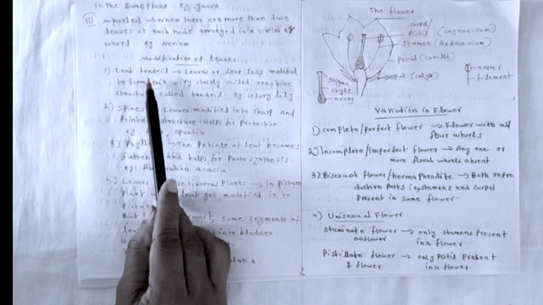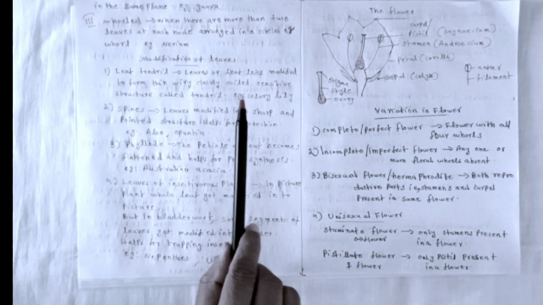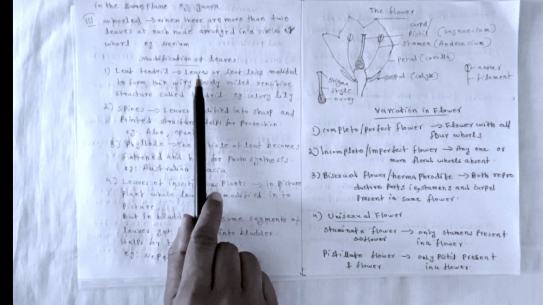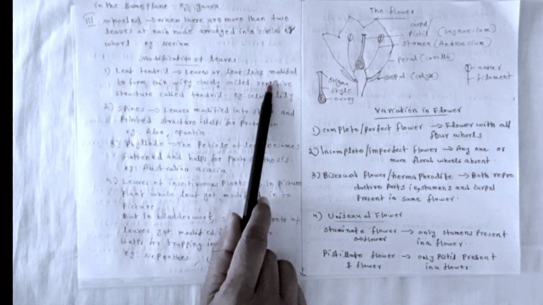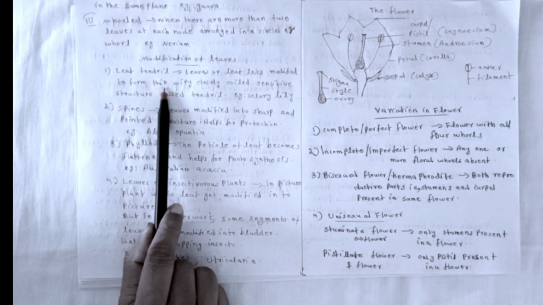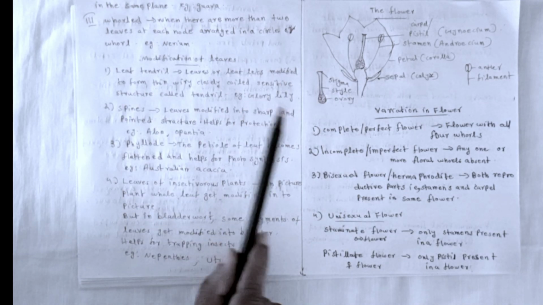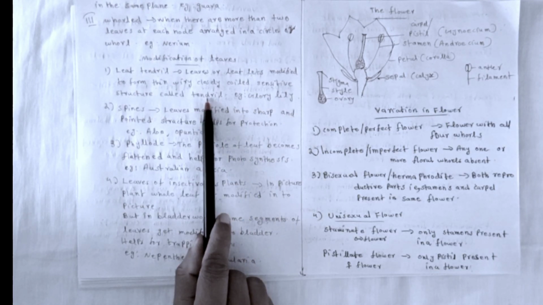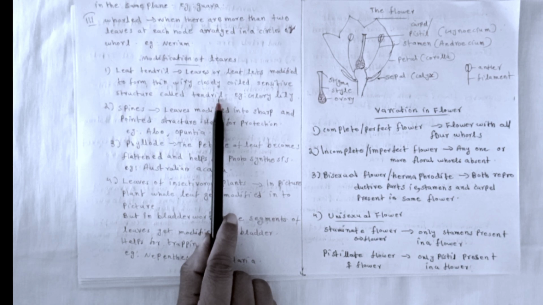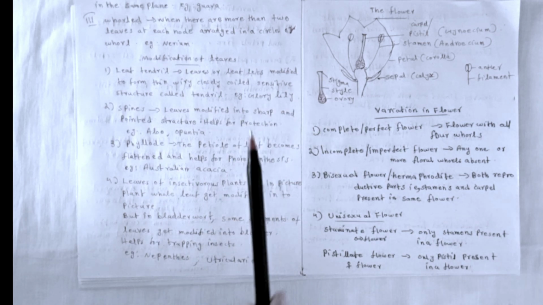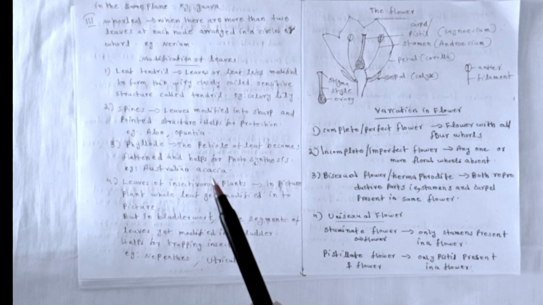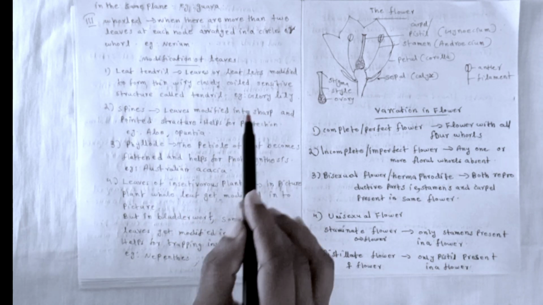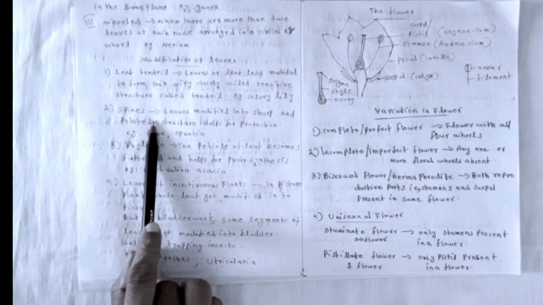First, leaf tendril. In compound leaves, leaflets are seen, but in simple leaves, only leaves are seen. Leaves or leaflets modified to form thin, wiry, coiled structures called tendrils. The function of tendrils is to help for support. Example, glory lily. The tip of the leaf is coiled to form a tendril-like structure in glory lily. Helps for support.